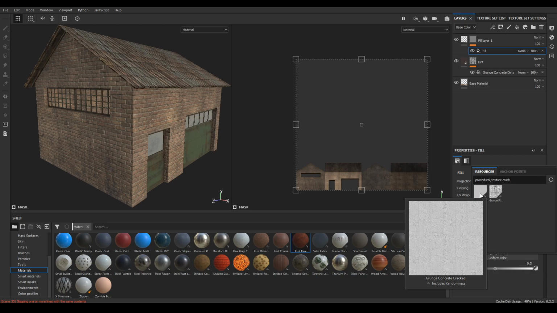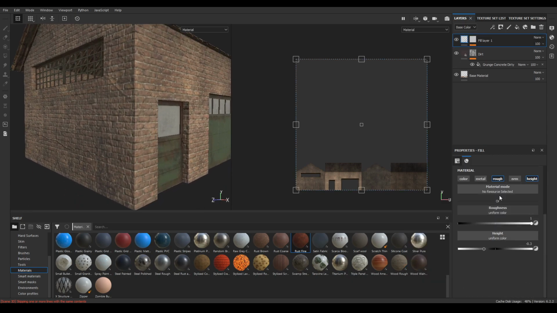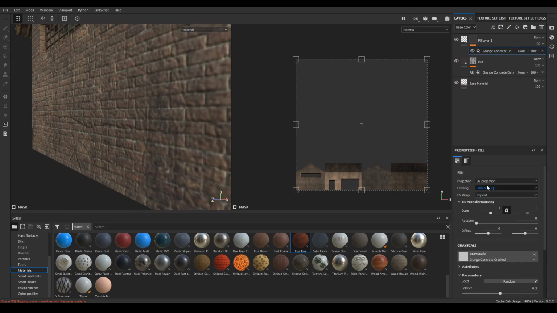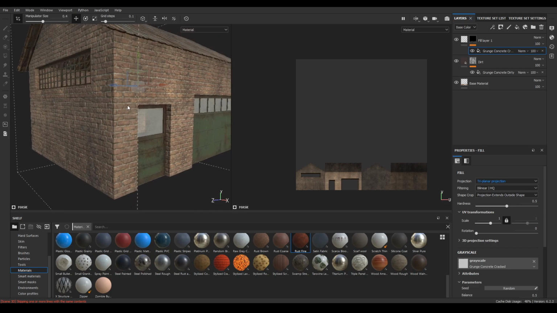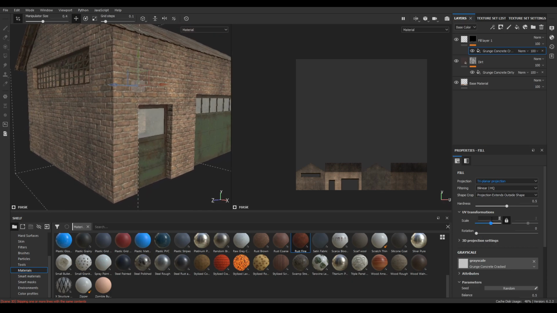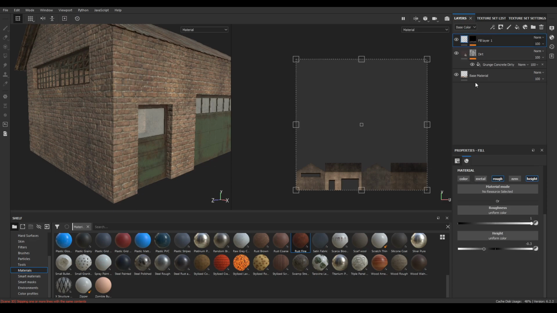And select this grunge concrete cracked. Change the projection to triplanar. Also increase the balance to 0.6 and go back to your fill layer and decrease the height to -3.